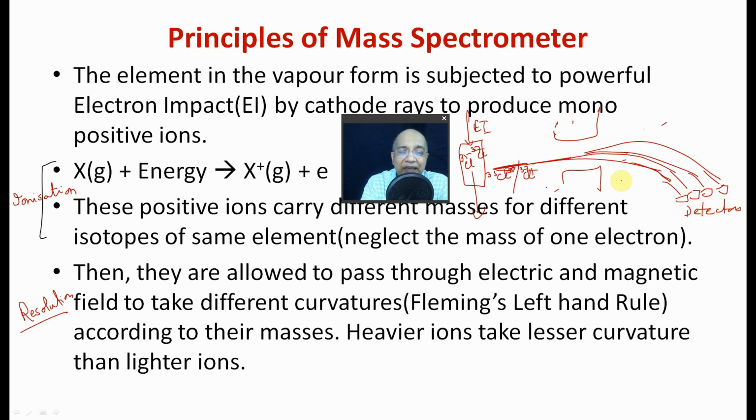The amount of current produced by the striking of these streams of positive ions on the detector depends on how many are coming. If chlorine-35 is coming 3 times more, then the current produced at the detector receiving chlorine-35 plus ions will be 3 times greater than at the detector receiving chlorine-37 ions,